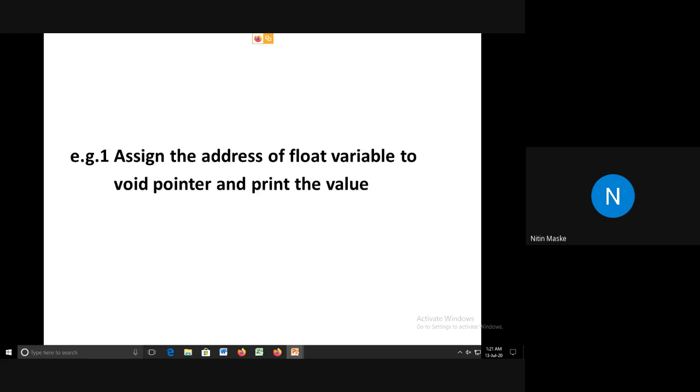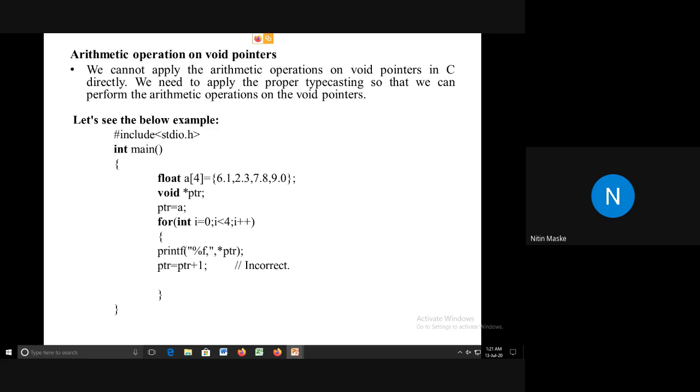So someone is saying that here we have not written PTR is equal to a, so PTR is equal to ampersand a should be there. Writing that ampersand here is optional because a is an array. A is an array variable. Getting this? Now that problem is solved. Now tell me the